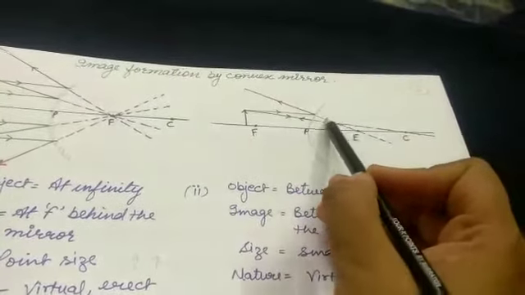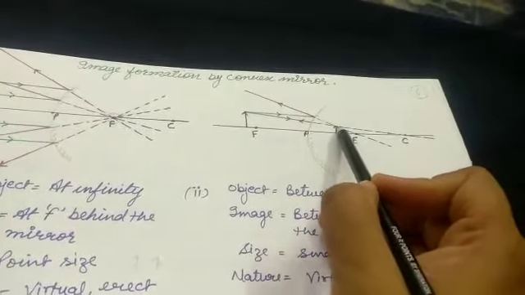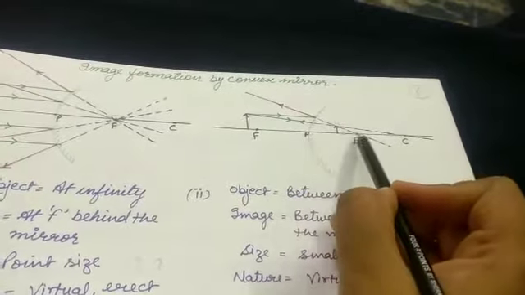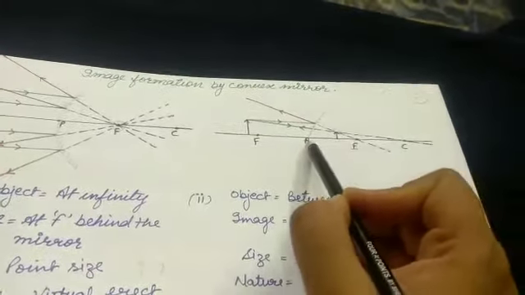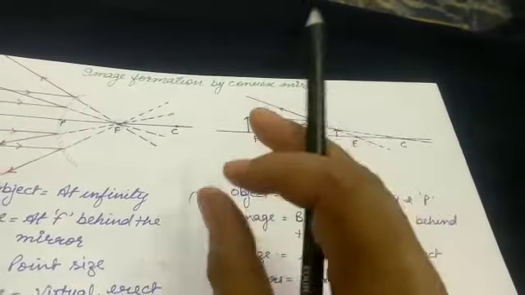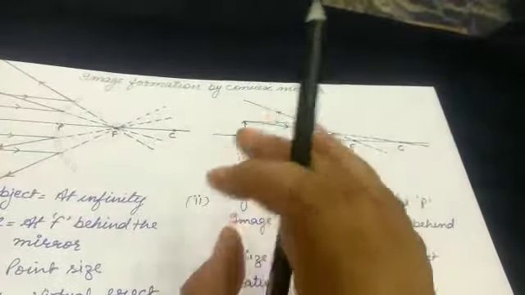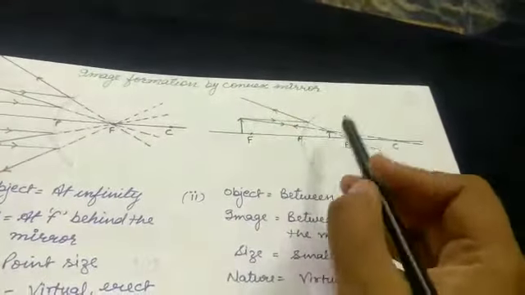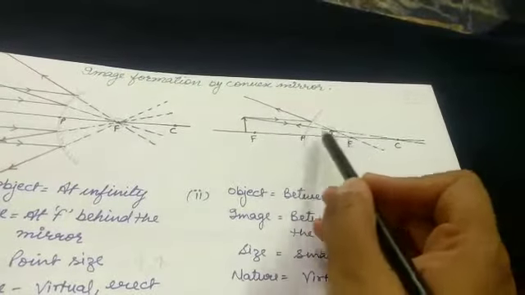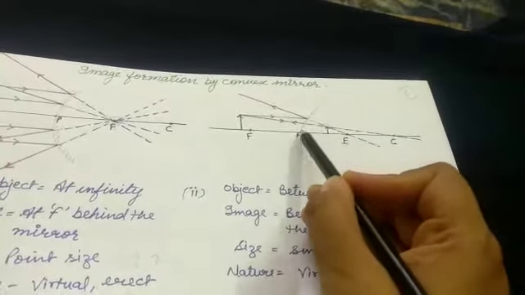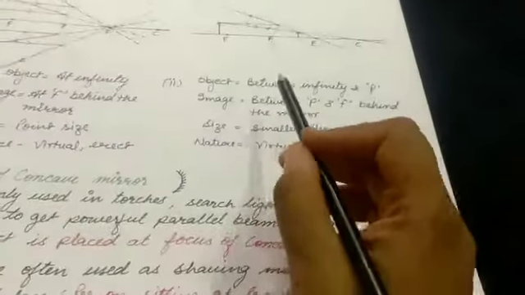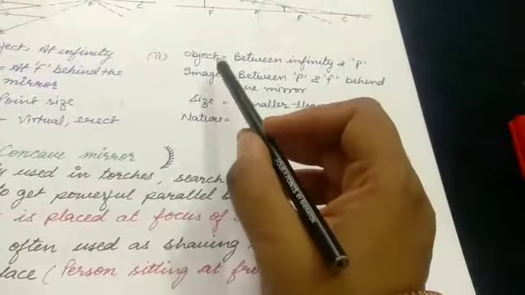So these two imaginary lines are intersecting here. So the image will form at this point between P and F, between the pole and the focus of the convex mirror. Every time, wherever you put the object, the image will always form between P and F only. Not exactly here, but between P and F the image will form. I have written these things here.